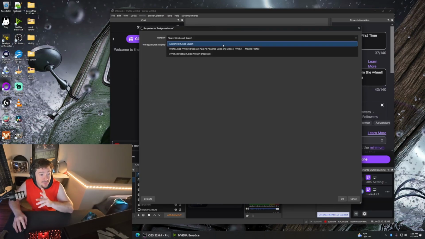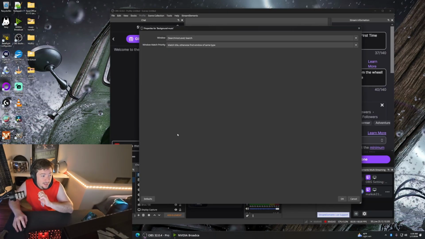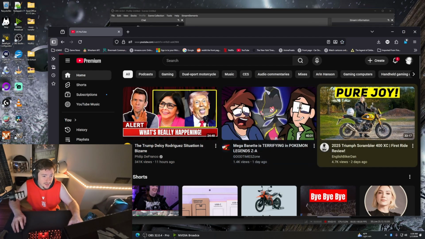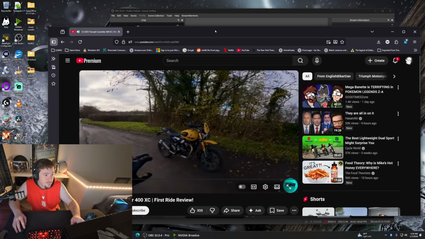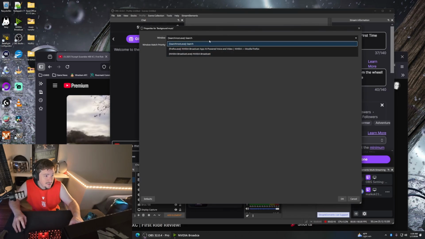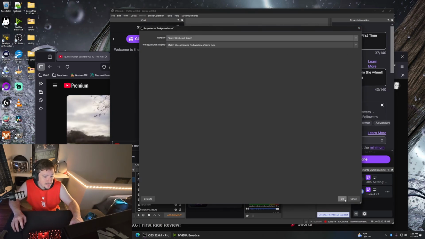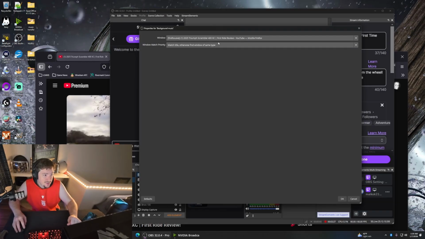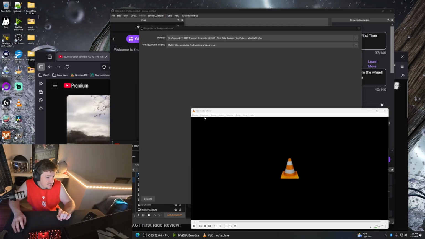So right now I don't have it selected on anything, but what will happen is you'll open this up, go to YouTube, and click on a random video, and now you should be able to select properties, the video, so Mozilla Firefox, YouTube, and then it shows the web browser you're streaming your music from. You can also use it for, let's see, let's pop up VLC,